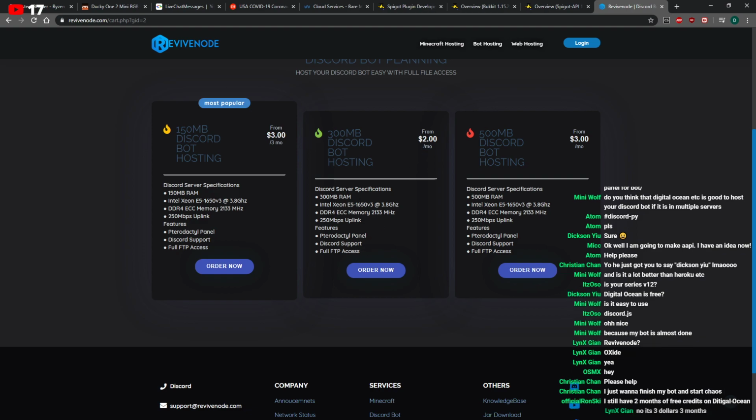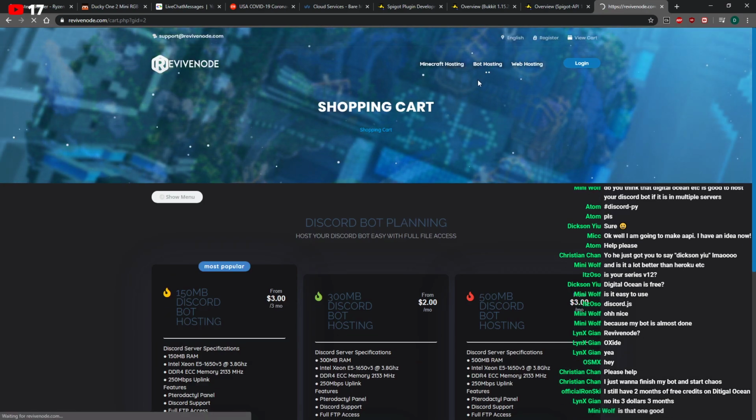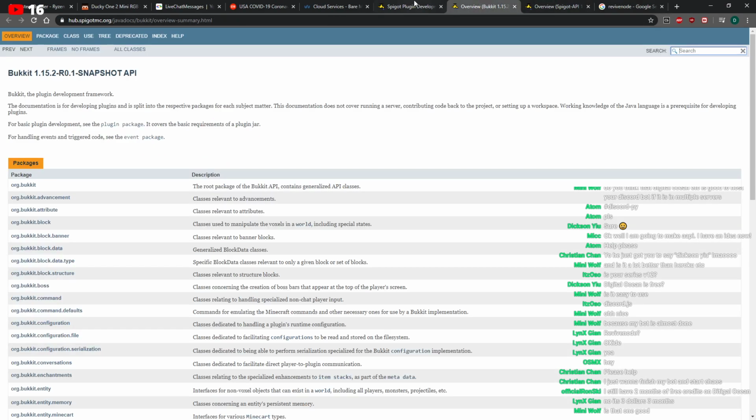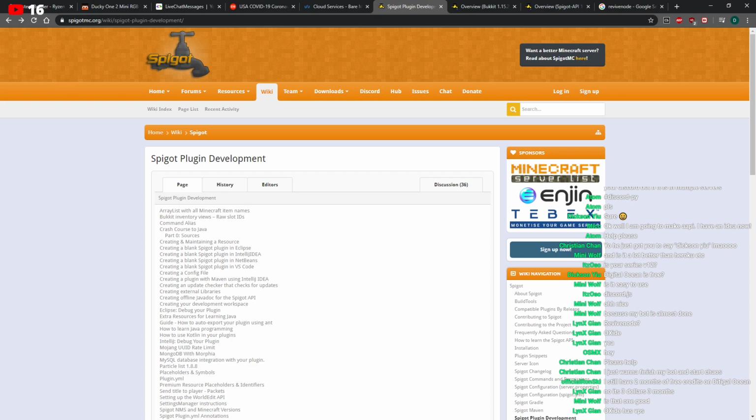Oh, $3, 3 months. Wow. Okay. Discord support, full FTP access. I don't know if they support SSH though. SSH is the important part. Oxide has VPS, does it? I'll have to look at that.